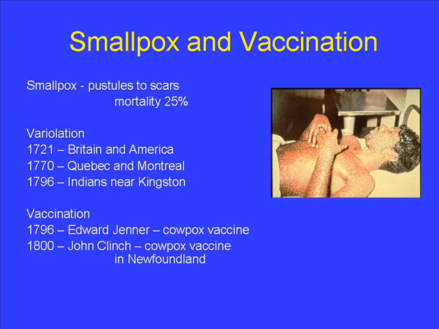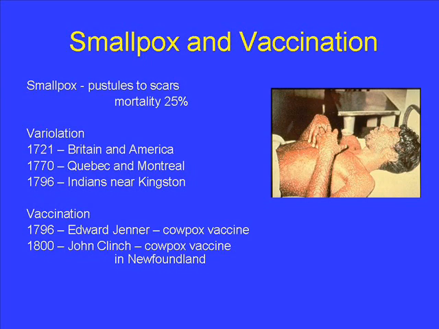Now, it had been known for a long time that if you survived smallpox, you were immune to a recurrence of the disease. And the Eastern societies established a procedure called variolation. What this was, was taking a little bit of the pustule material and injecting it. The objective was to create a very mild smallpox infection and thereby create immunity. The fact is that generally speaking it worked fairly well, although occasionally it would be very severe, and mortality from variolation was about 2%.